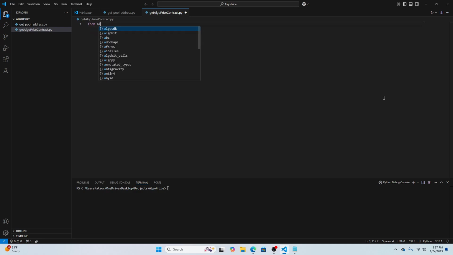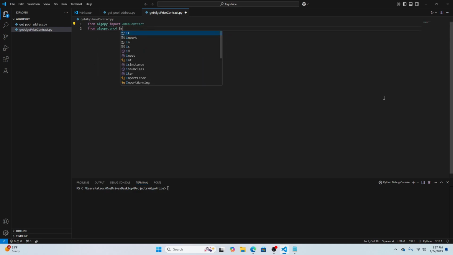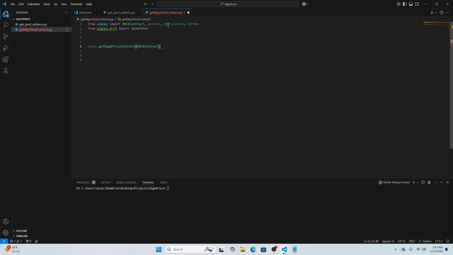So from algopy, import ARC4Contract, and we're also going to need abimethod. We're going to need a few other things too. Let me think here. Account, Application, and UInt64 should be sufficient for now. So we're going to define our contract as a class. So class GetAlgoPriceContract, why not? Pass in the ARC4Contract object, and we're going to initialize, pass in self, type annotation, return None,